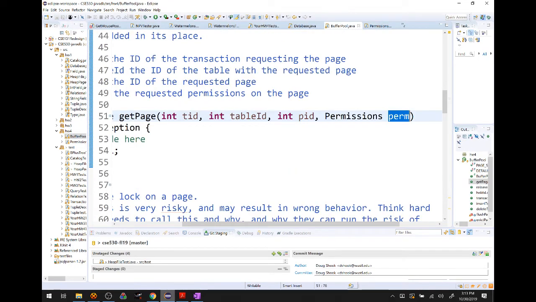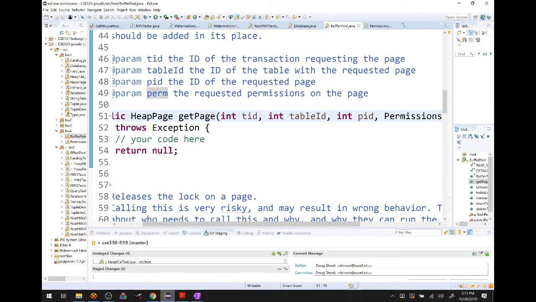Okay, and so get page is the entry point now. If a transaction wants to read any data or write any data, they have to go through this method first in the buffer pool. First thing the buffer pool is going to do is say, all right, you want this page from this table. Do you have the ability to acquire it? Do you have the locks necessary to perform a read on that page or to perform a write on that page? That's the first thing it'll do. If you have the locks, if the transaction has the locks, then everybody's happy, right? Give them the page and move on with your day. If you do not, then it will try to acquire those locks for you.